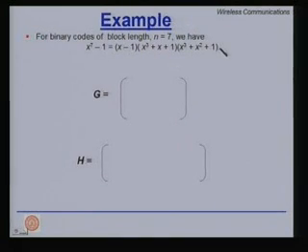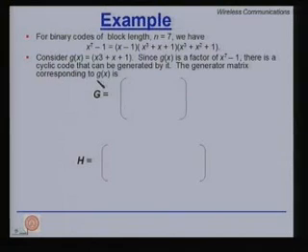So, we have done the factorization, and all of them are irreducible. They cannot be factorized further, which means the three of them and any product thereof can form a valid generator polynomial. It has to be a factor of x raised to the power 7 minus 1. So, just consider x cubed plus x plus 1. Since g of x is a factor of x raised to 7 minus 1, there is a cyclic code that can be generated by it.